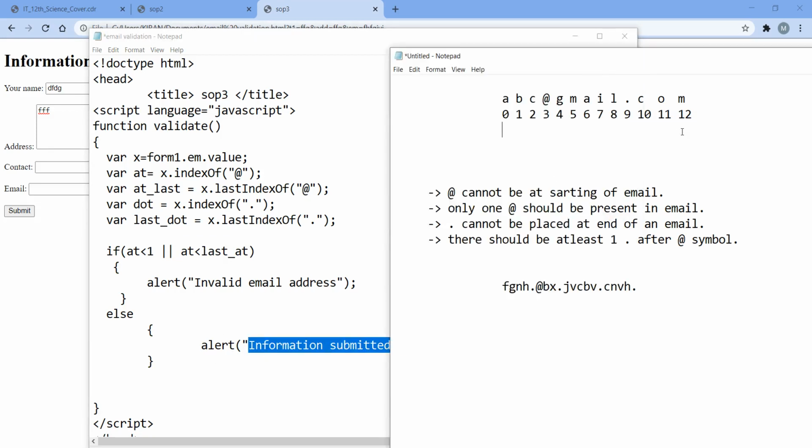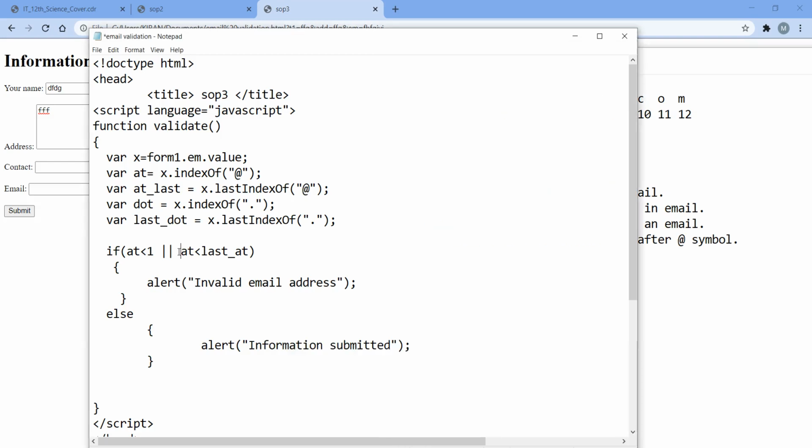And if there are more than one at the rate, suppose here I have placed one more at the rate symbol. It means now the first occurrence of at the rate is at 3 and the last occurrence is at 6. Now it will check: first occurrence is 3 and last occurrence is 6, so it will check 3 less than 6.